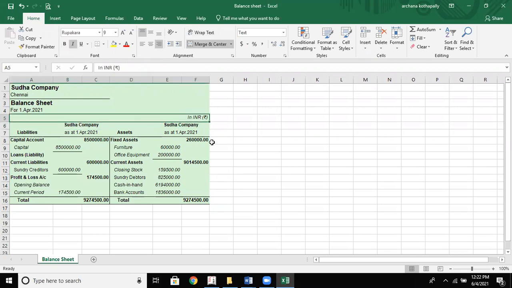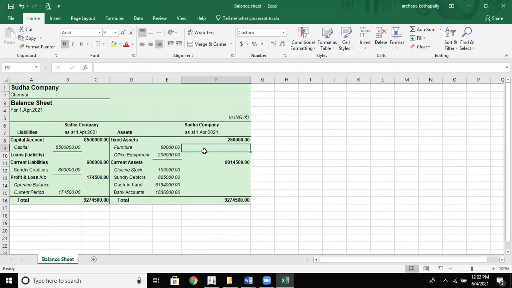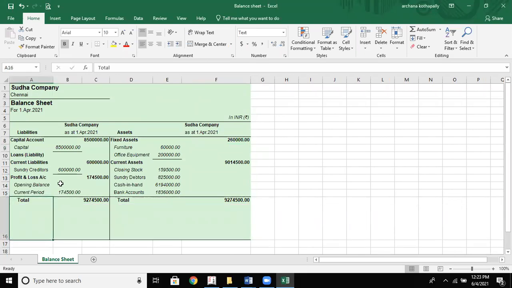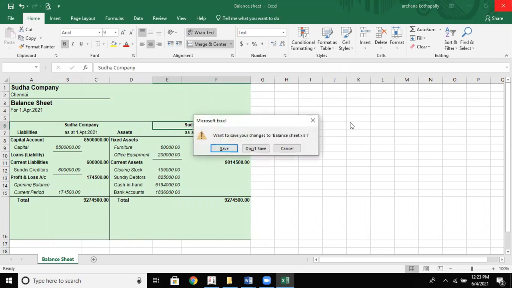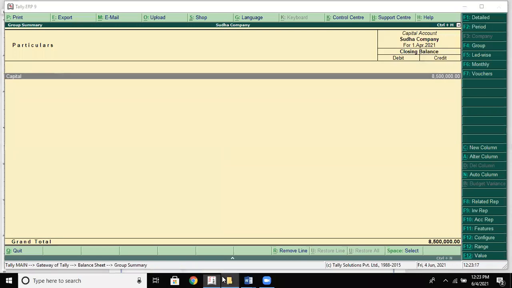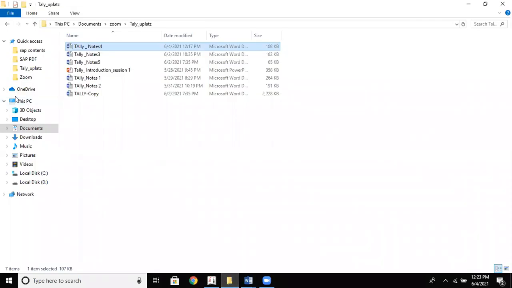This is a company, so we got it with color, right? Then INR Sudha company, so you can see, you can extend this row like this. So your total balances are in the INR symbol, we got it. So in this way we can go and export like this. If you want to save it, you save it, otherwise don't save. We have another option, better we'll see whether it got saved there or not.